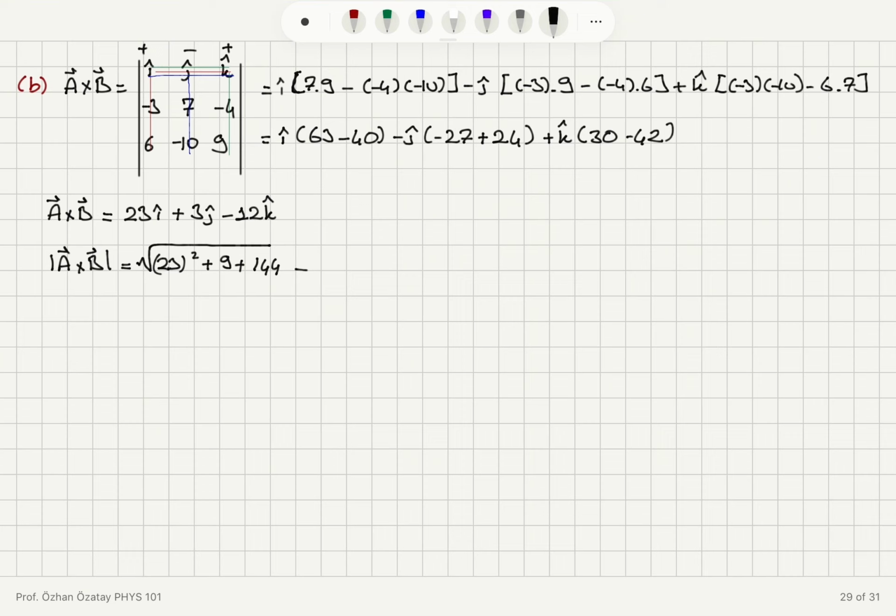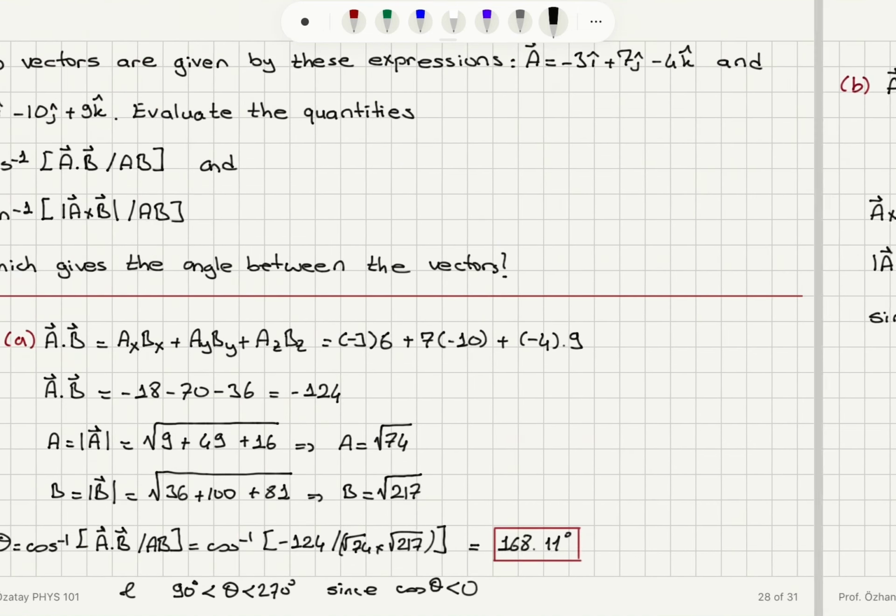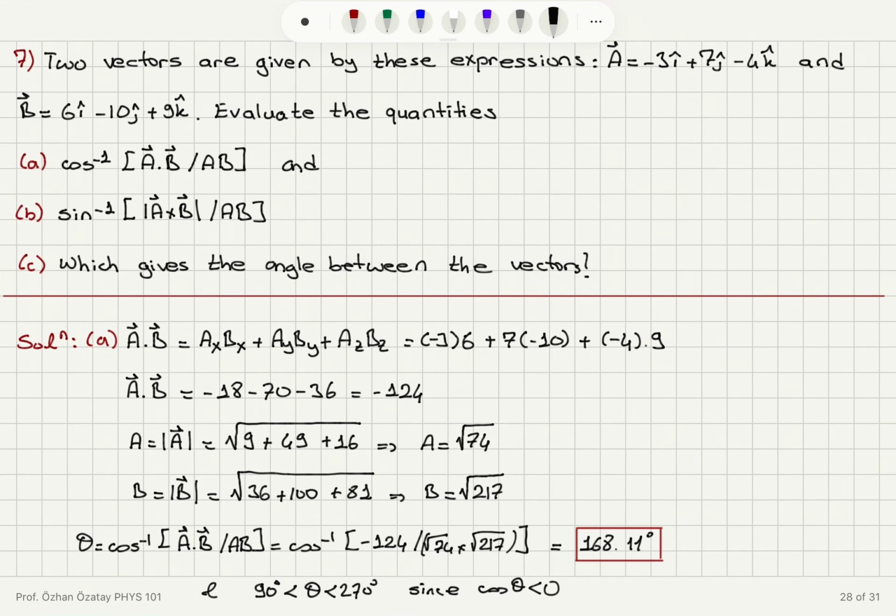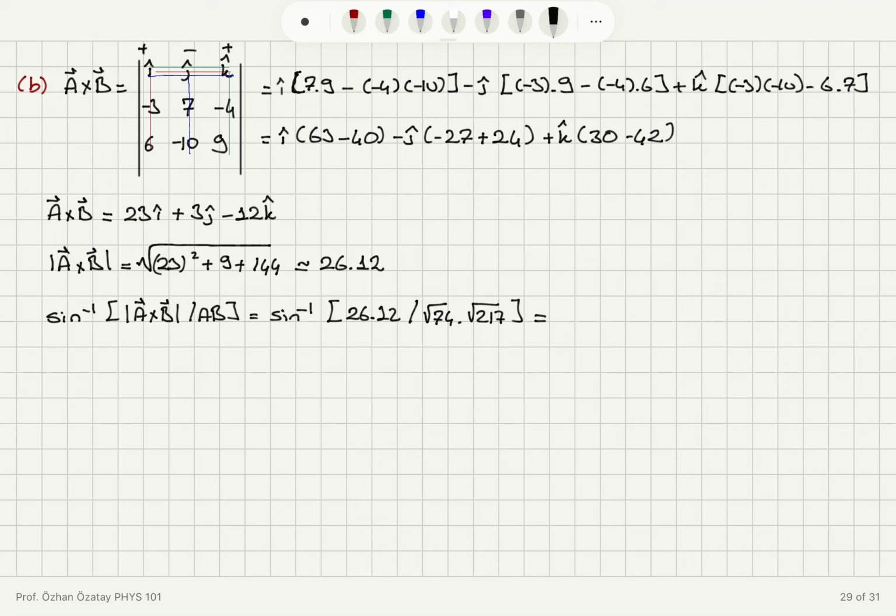So this is roughly 26.12. Now I have to calculate sine inverse of the magnitude of A cross B divided by AB. This is sine inverse of 26.12 divided by square root of 74 times square root of 217. This is what I have found for the magnitudes. And the answer is